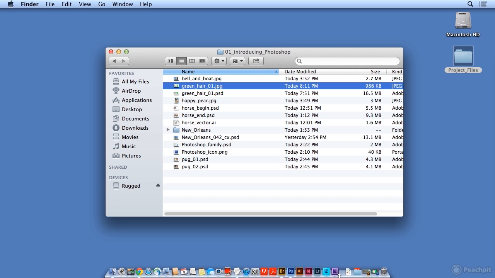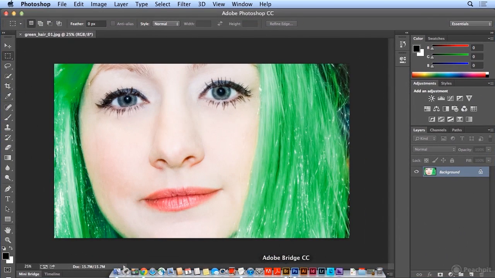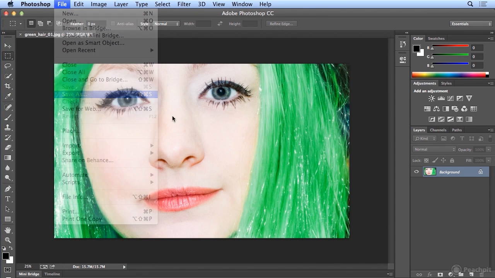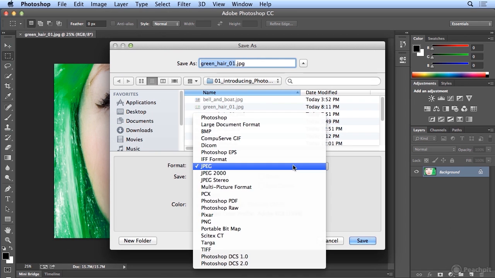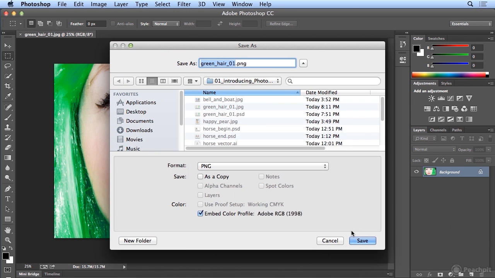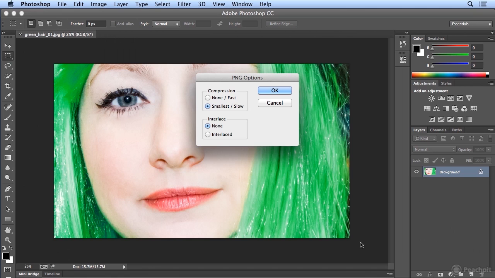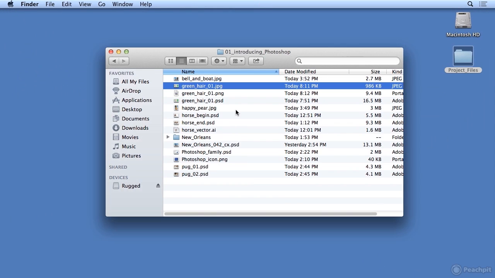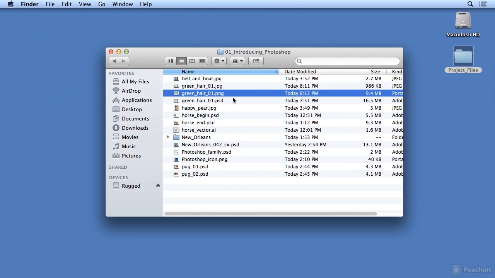If I come back down to Photoshop, I could try another web format, File, Save As, and choose PNG, Portable Network Graphic. And when I hit Save, I noticed something in the last screen that added a little bit extra to the file size, and I'll show you next. But I'm just going to click OK on the defaults, minimize Photoshop, and the file size is 9 megs.